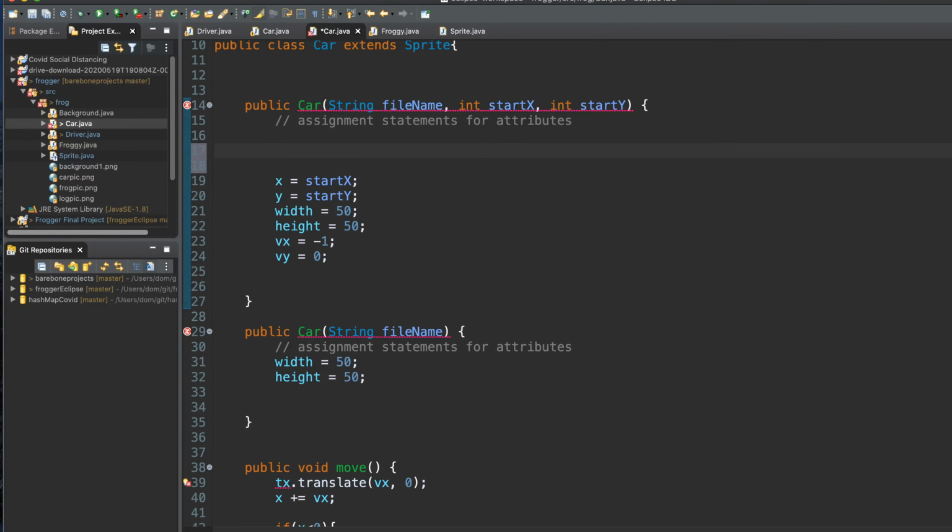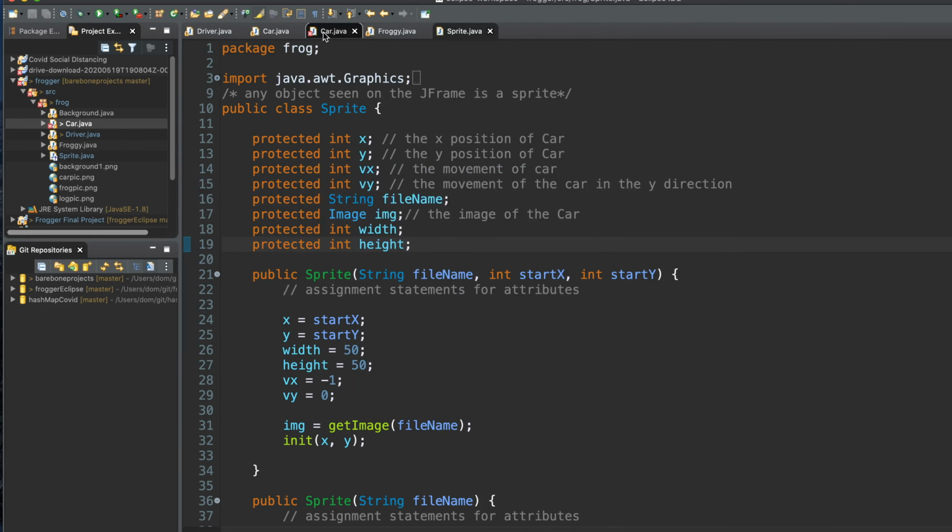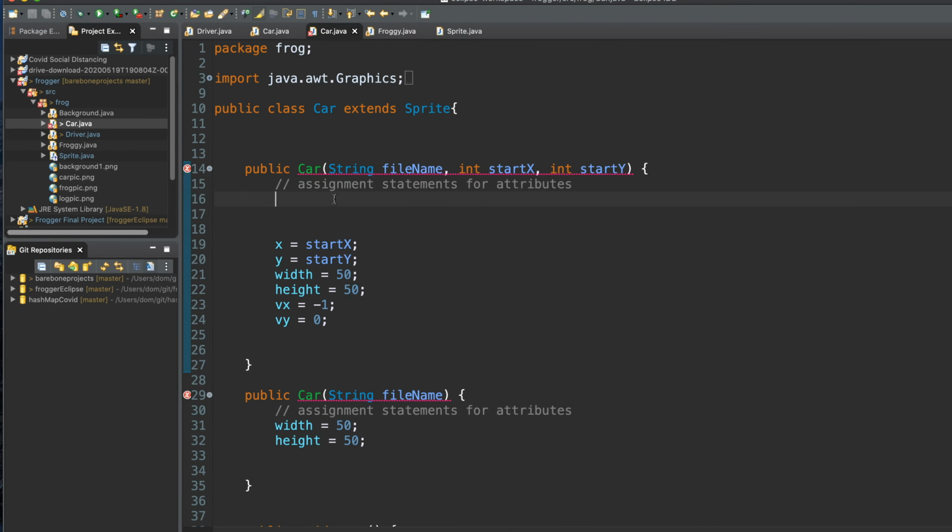Okay, so the first thing we want to do is call the super constructor, and so we want the parent to set up everything that is typical of a sprite, and then we're going to do very specific things for the car. So we're going to go super, and then we are going to pass in the parameters in the order that they are passed in, because we know that the constructor being invoked in the parent class expects them